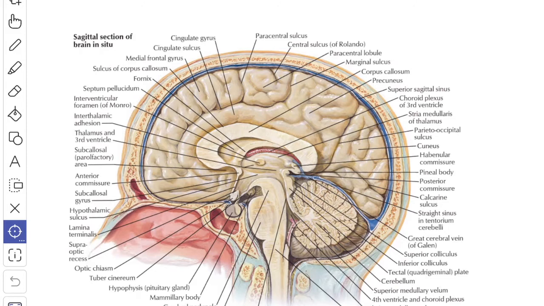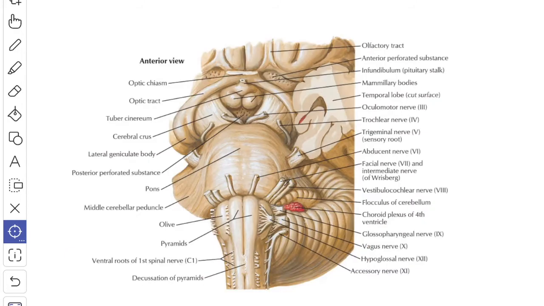Next we'll see the clinical correlation. Since the medulla contains the vital centers, an injury to it is usually fatal. The respiratory center is particularly vulnerable to compression and poliomyelitis and subsequent respiratory failure. The bulbar paralysis is characterized by the paralysis of the muscles supplied by the last 4 cranial nerves arising from the medulla. Next we'll see about the external features.